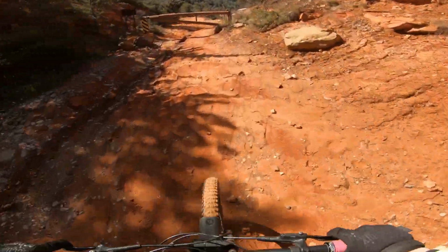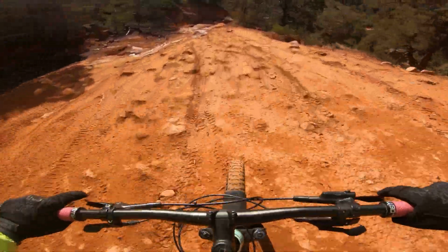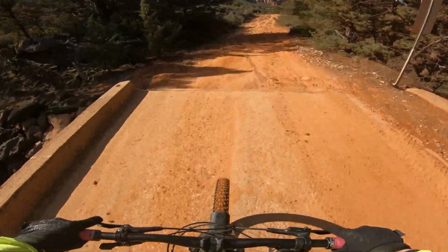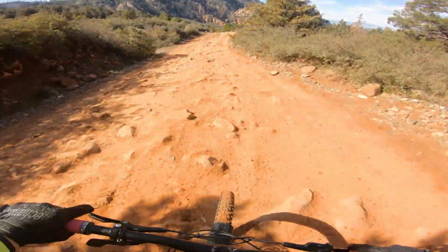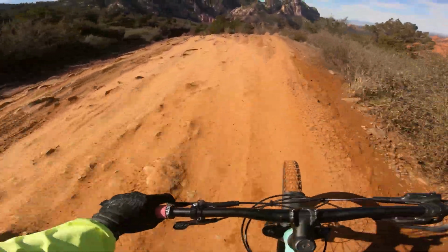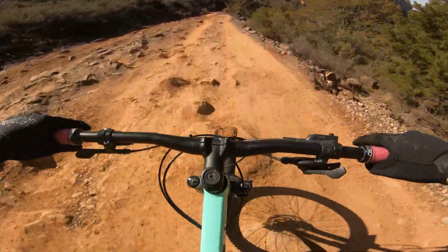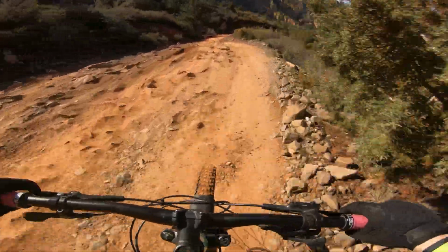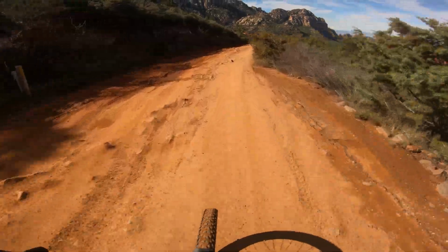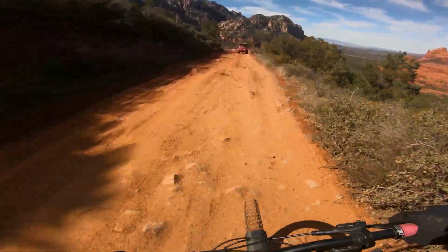Back to the gate. Yeah, this is a little smoother than on the gravel bike, but it's definitely still pretty rough even on the hardtail. See if we catch any Jeeps. Oh, speaking of,